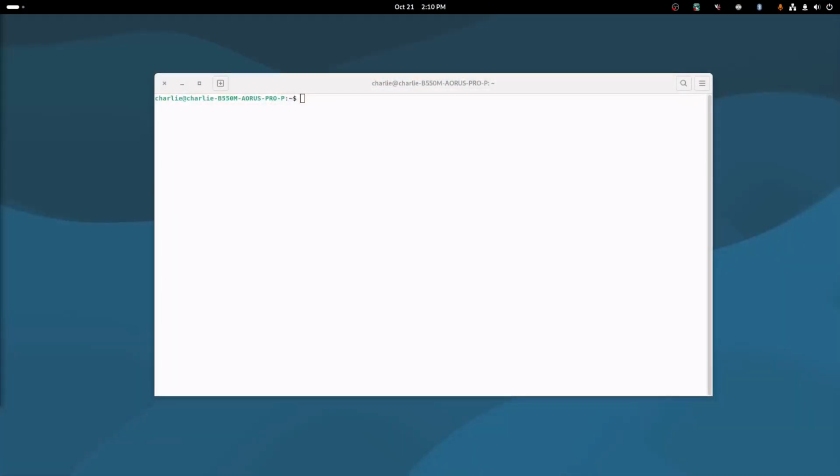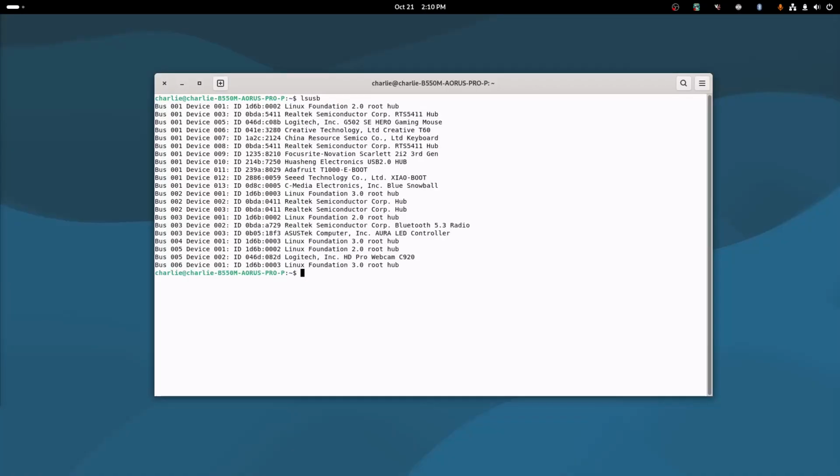Plug in the radio via USB-C and open a terminal to check that it has been detected with lsusb. Over here we can see bus 01, device 12, Seed Technology, Xiao boot, I think it's called. I think it's how you say it. So it found my radio, no problem. Once you make sure it's connected,